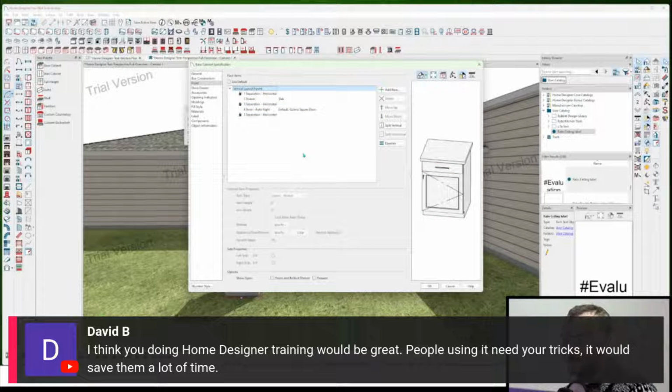I wonder if I could get a fireplace in here, one of my custom fireplaces. That'd be crazy. Well,